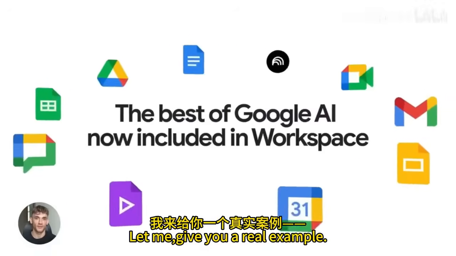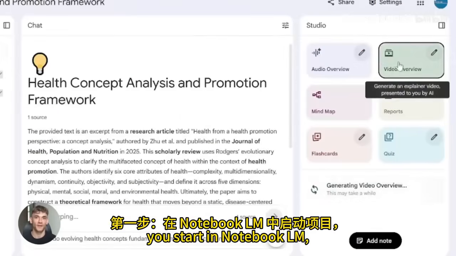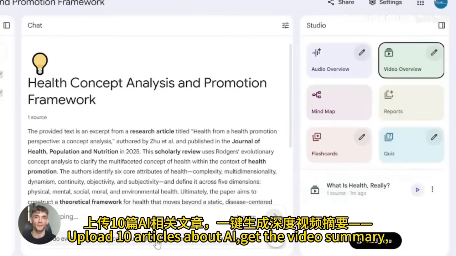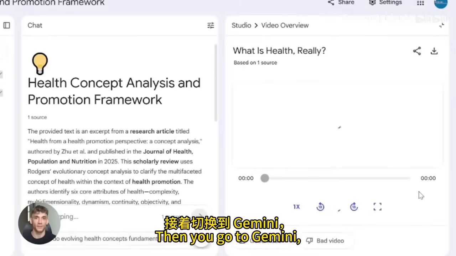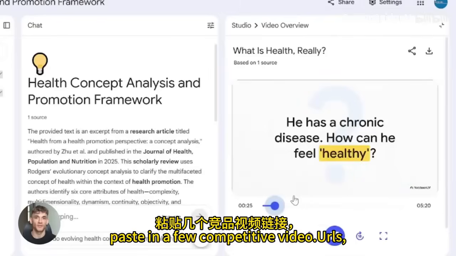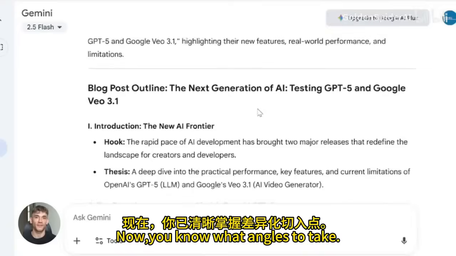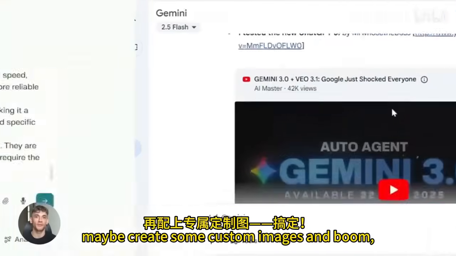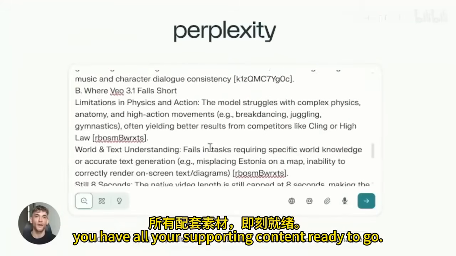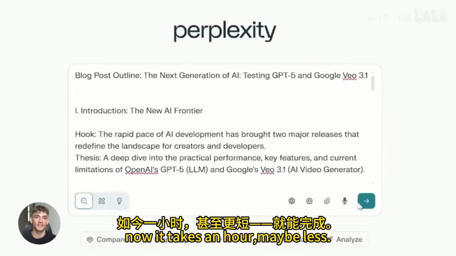Let me give you a real example. Say you're creating a YouTube video about AI trends, you start in Notebook LM, upload 10 articles about AI, get the video summary, that's your research done. Then you go to Gemini, paste in a few competitive video URLs, get summaries of what they covered, now you know what angles to take. Finally, you hit up Perplexity, generate a few short explainer clips, maybe create some custom images, and boom, you have all your supporting content ready to go. That whole process used to take days, now it takes an hour,